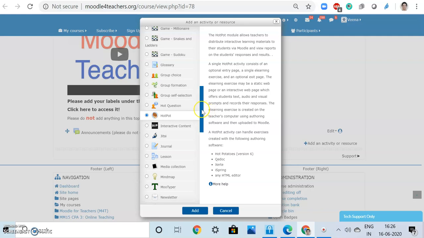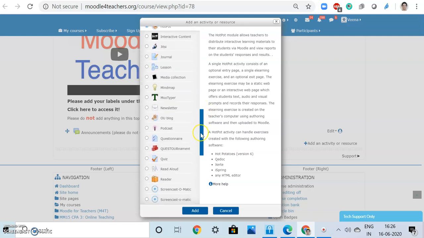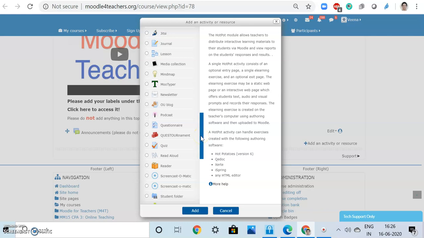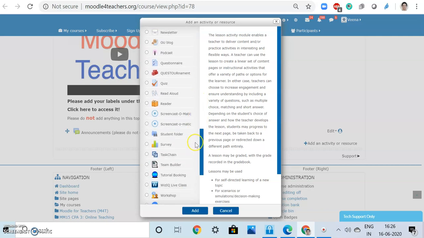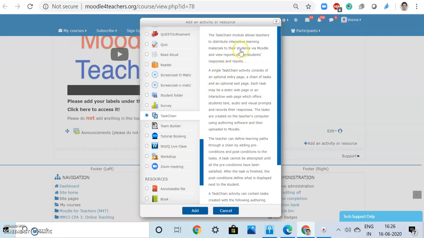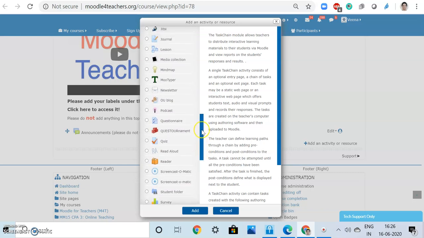So besides this particular activity, the teacher can also distribute her resources using lesson activity, where she can deliver the content to the students, and also the task chain allows the teacher to distribute interactive learning materials, and the chain can be followed depending on the different tasks assigned to the students during the material, or during going through the material.